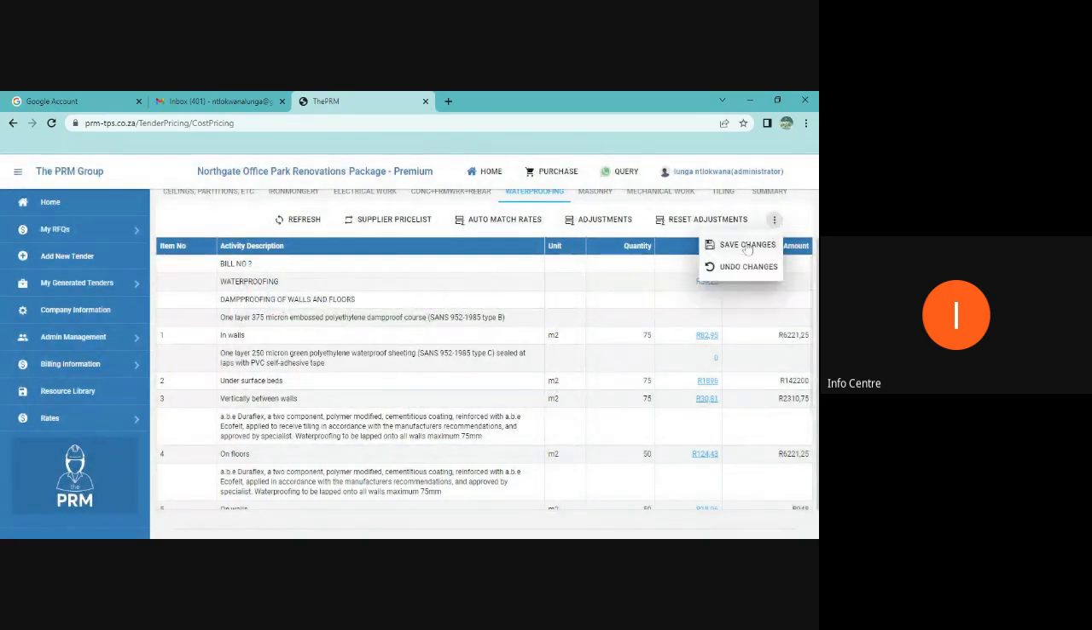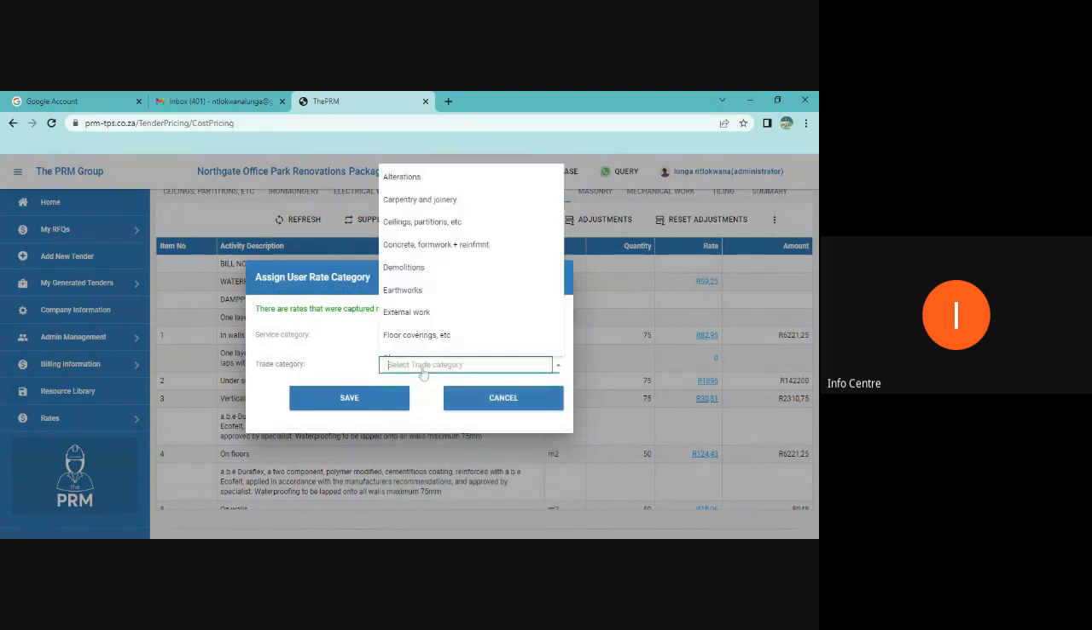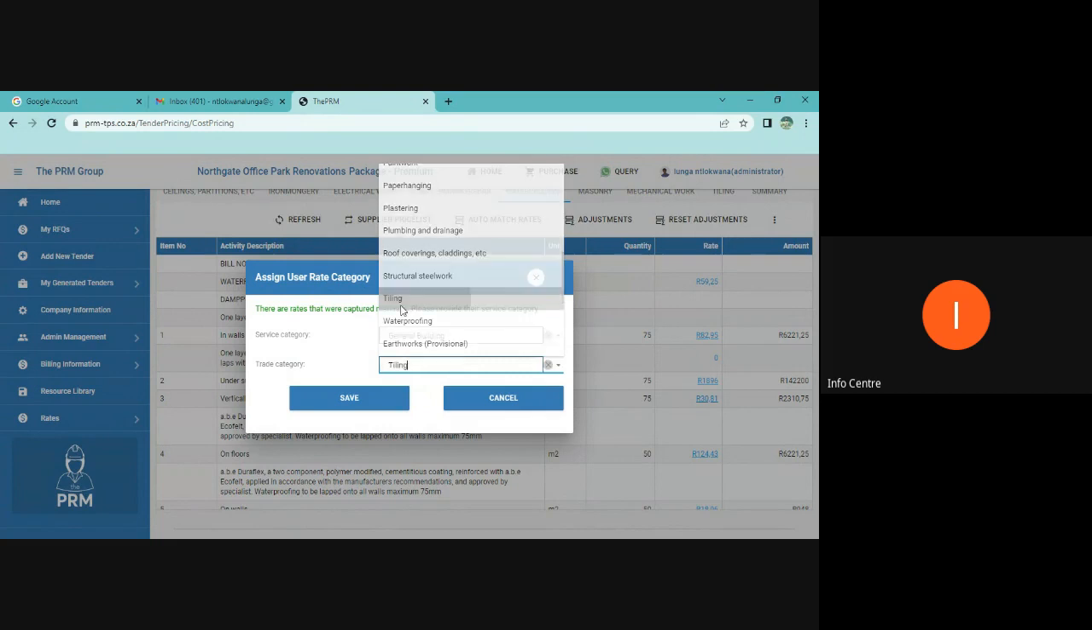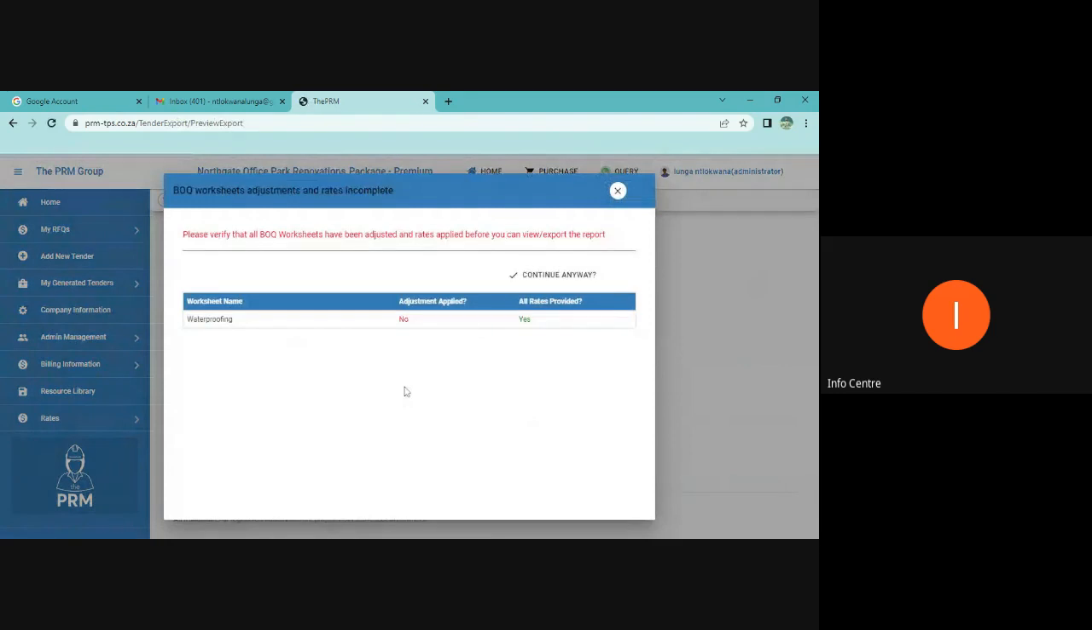Let's do it again. Sorry about this. General buildings. I'm going to save this one under tiling. Where's tiling? There you go. Saved. Right. Cool. So my assumption is that I'm done. If I'm not done, I can simply click on detailed preview and export, and it will tell me what I haven't done. It says you have not, under waterproofing,